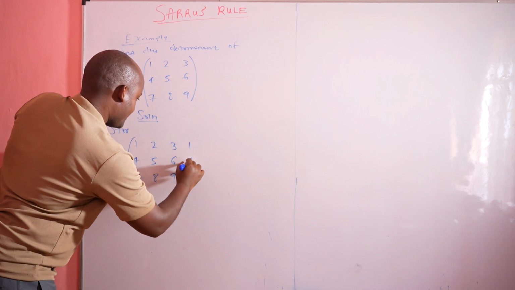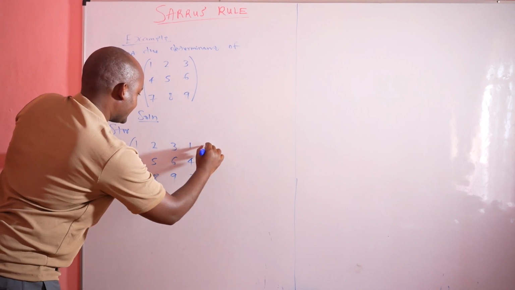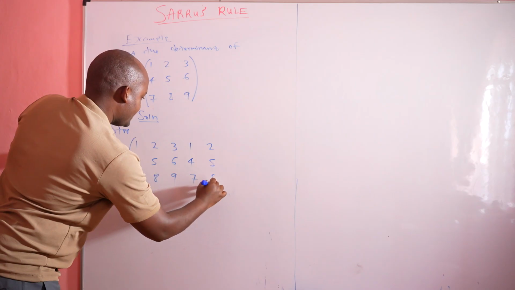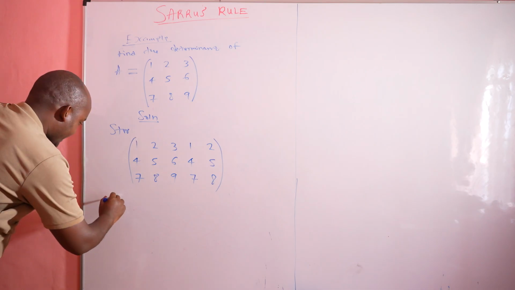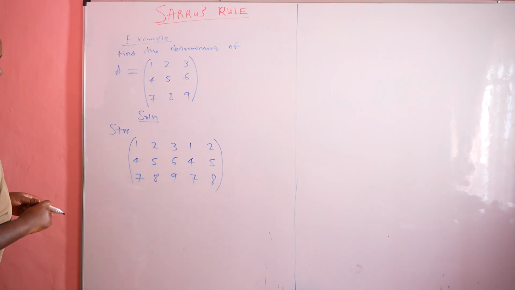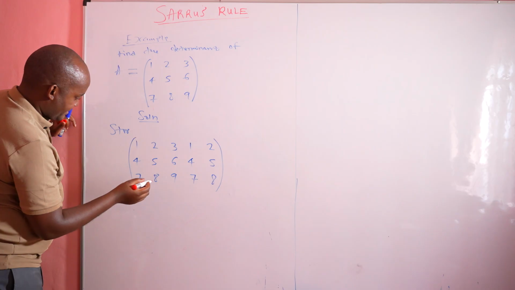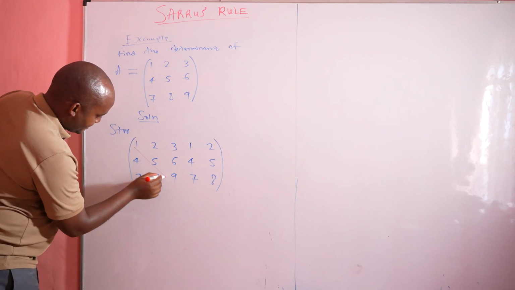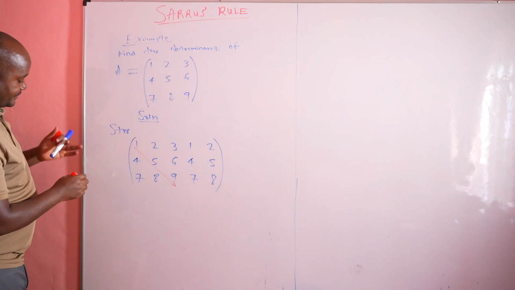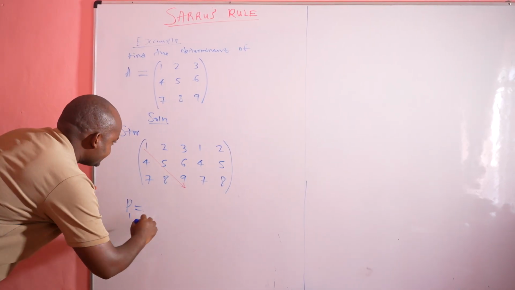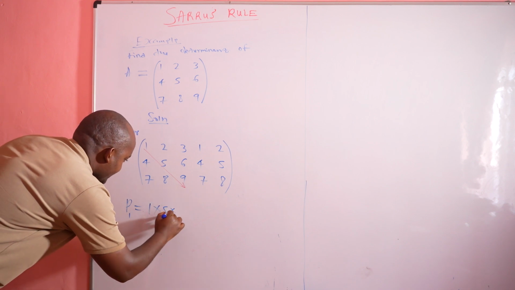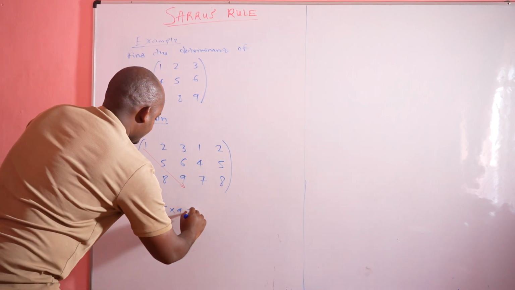This would be 1, 4, 7, and the second column is 2, 5, 8. Then from there we construct our values of P1, P2 and P3, and also N1, N2 and N3. So for P1, it will be given as follows. That is the product of those entries. We can say that our P1 is equal to 1 times 5 times 9, which equals